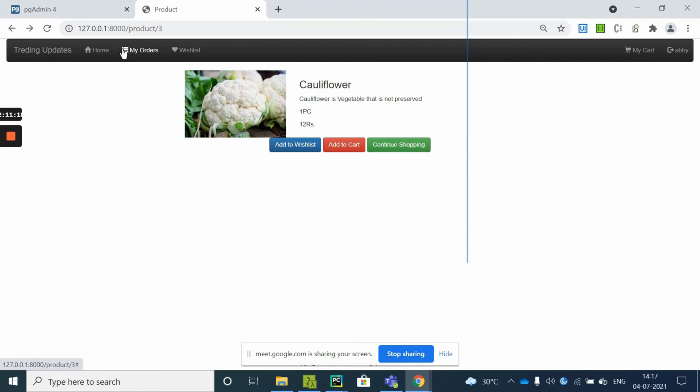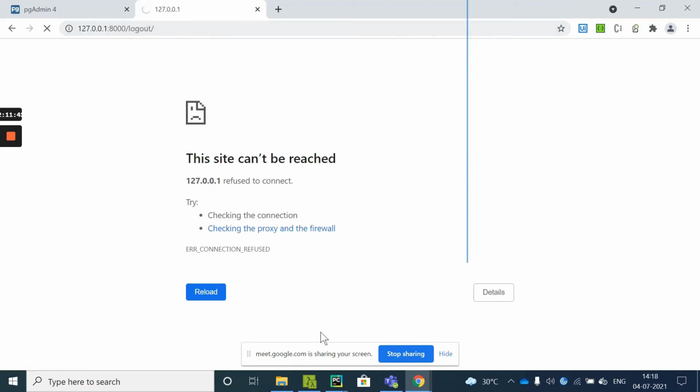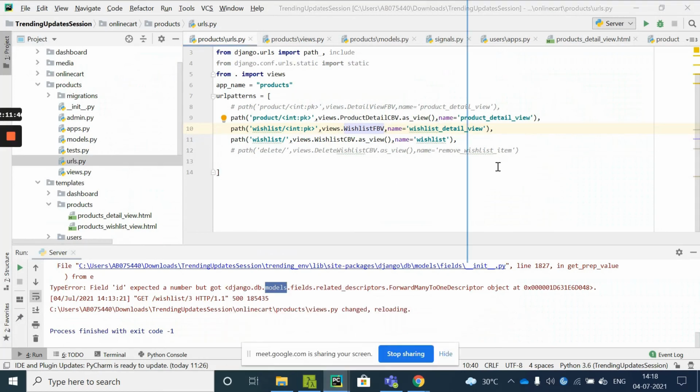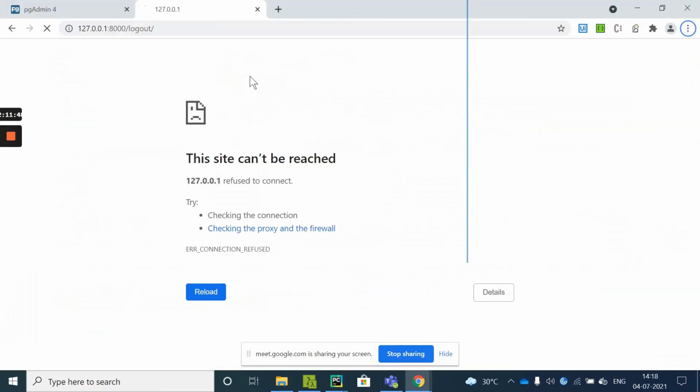We were discussing the model signals, when the post save happens, as soon as your wishlist item is saved, your user log should be logged as wishlist item saved. While doing this we faced a problem on this add to wishlist. I'll fix that problem for you guys in the next session.